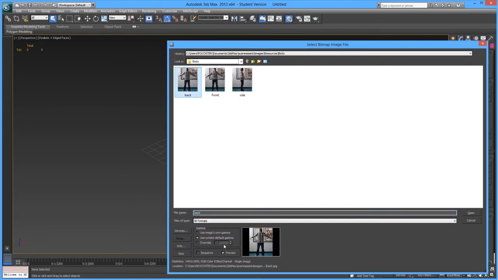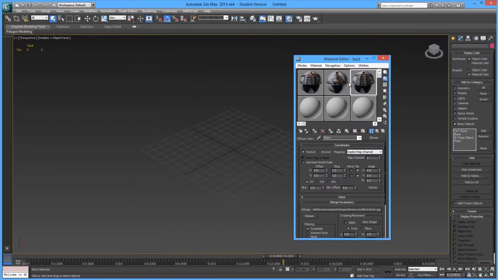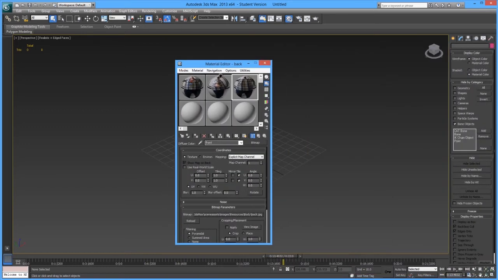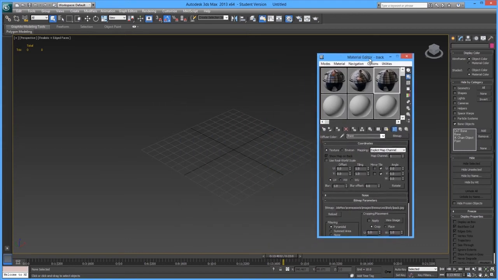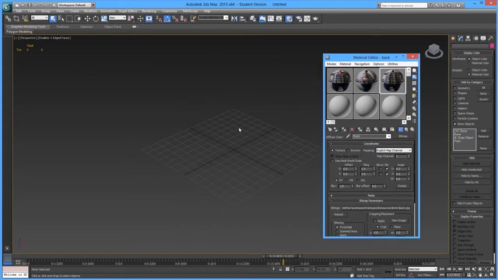I realised before I might have been off screen when I showed you that, but you can see there's the resolution. I think I did actually. So 1493 by 1800. So they're all the same on all 3. Okay, back. Right, now we've got that. Now, obviously now they're gone, right? We'll have to